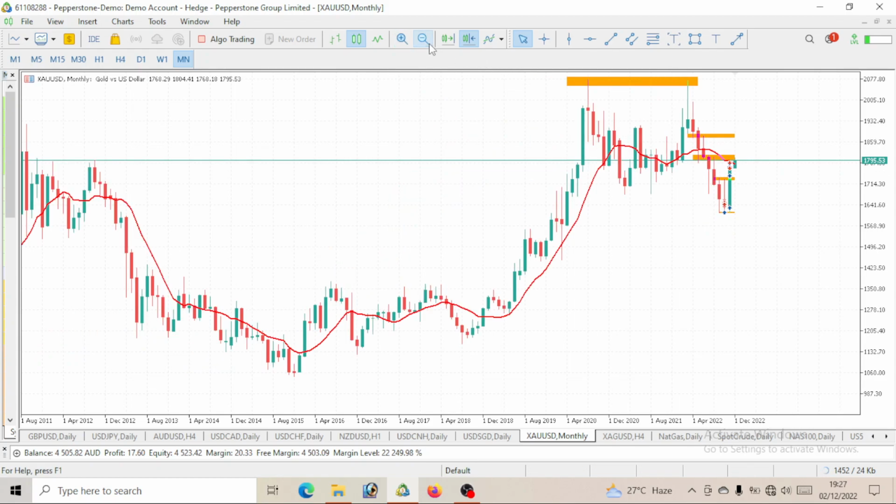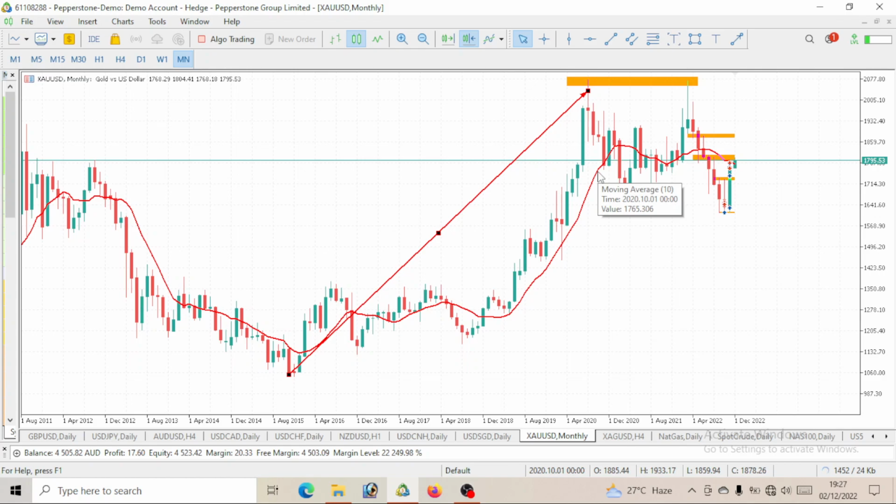So first of all, we would want to see this movement that started from here. This price movement started since 2015. Gold was bullish. We see that gold was giving us higher highs, higher lows, higher highs, higher lows. Gold was bullish then. And I've also included this moving average, which is a 10-period moving average. The reason why I included it is to guide us on our trend.